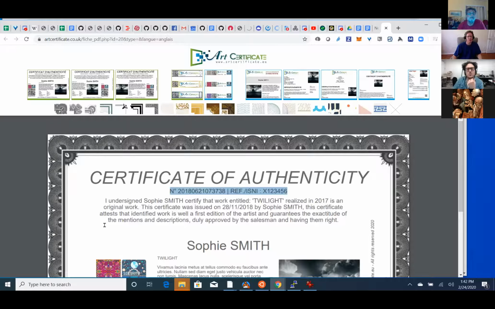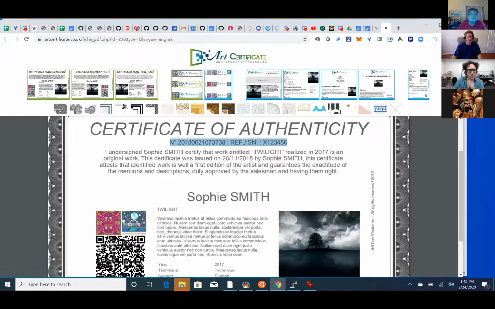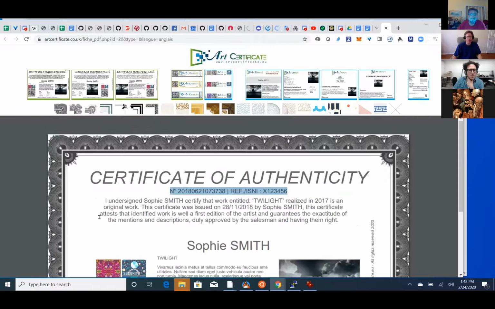So let me repeat what I heard. With our certificate of authenticity, we're creating a template, and the information for the various art objects that are out there is stored, perhaps, decentralized.